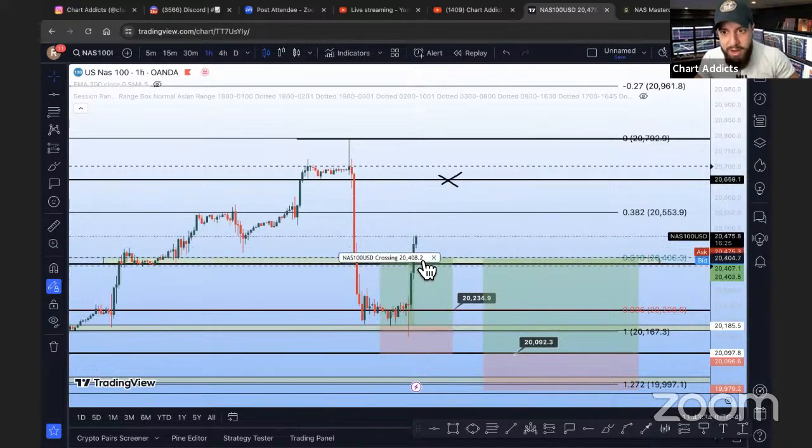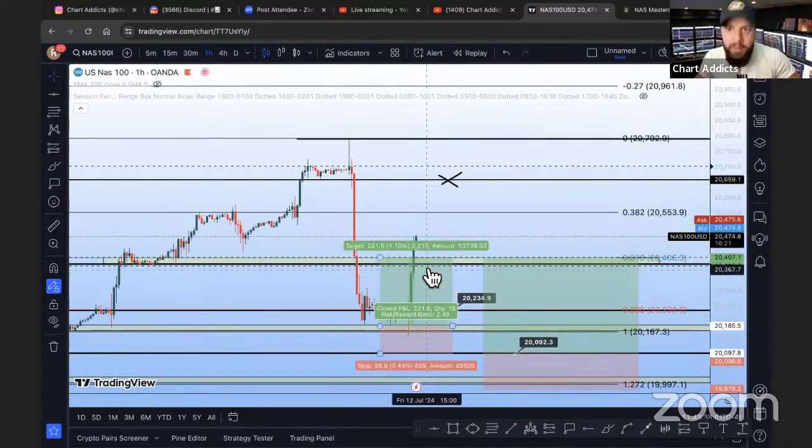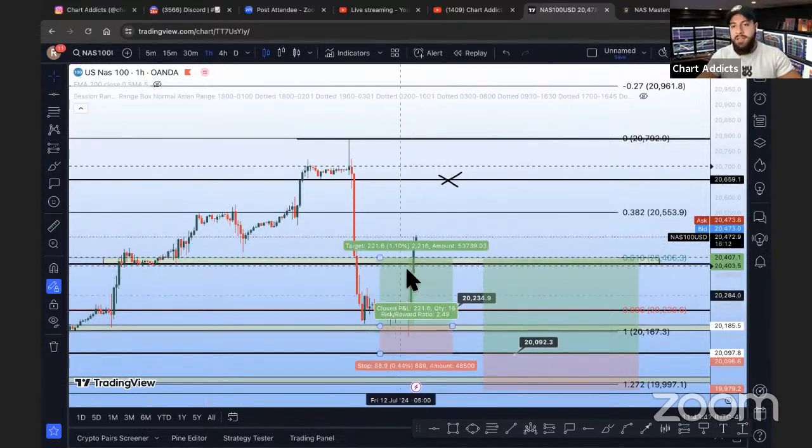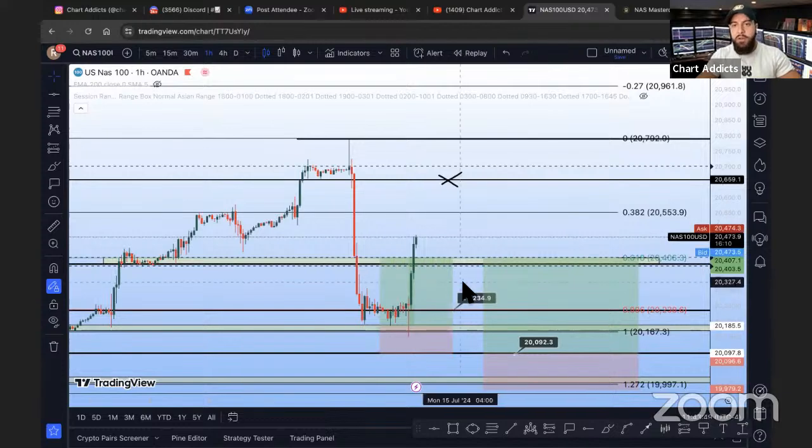It's going to get to the zone. If you enter prematurely, just put the tester first because it will break through a little and then continue to pop. So once it gets to the support, wait for the liquidity grab, get in at the wick, right? Or tester entry at the zone and then full entry below the zone.